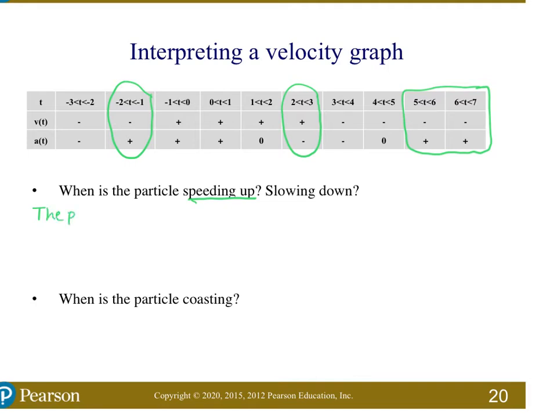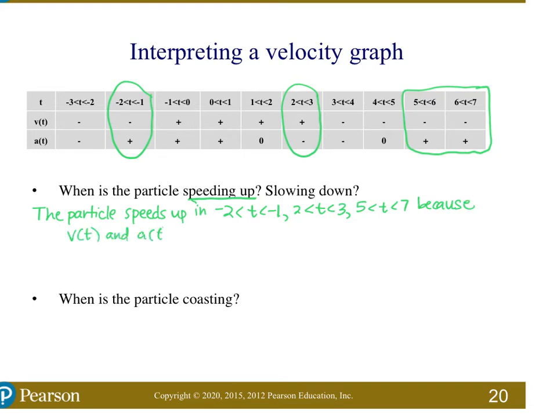So the particle speeds up in -2 to -1, 2 to 3, and 5 to 7, because v of t and a of t,